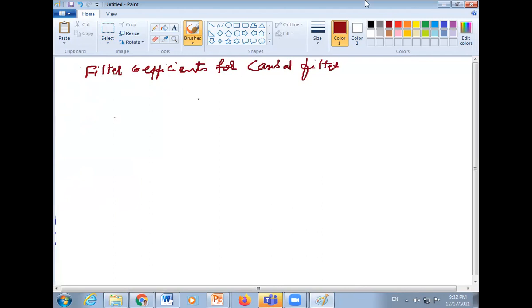That is, we'll write h of 0 is equal to h of 10, which is equal to 0.06366. The next, h of 1 and h of 9 are equal to 0. h of 2 is equal to h of 8, which is equal to minus